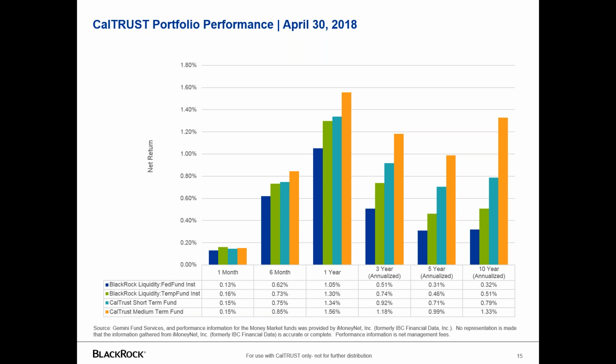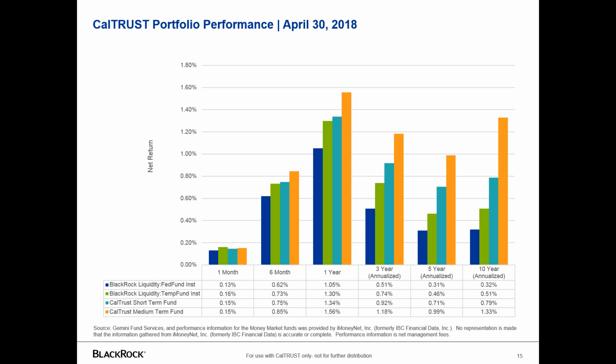And when we think about the performance of the short-term fund versus the two liquidity funds, over a longer period of time, the short-term fund should produce a positive return that's slightly better than the liquidity funds, and you see that on a 3-year, 5-year, and 10-year basis. If you think about what's happened over the last 1 year since the Fed has started to raise rates, the differential in yield between overnight rates and two-year rates has become much flatter, and so the yield advantage of the short-term fund relative to the liquidity fund has continued to decline over time,